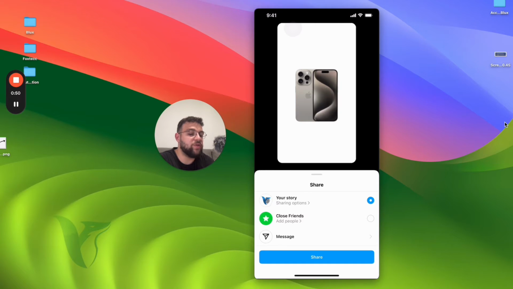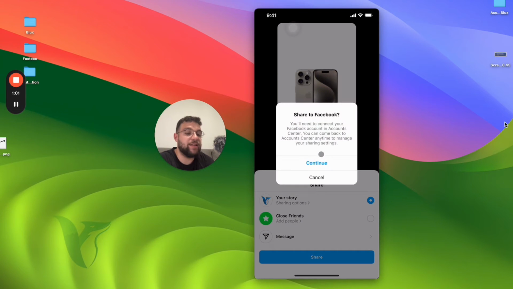So your story with my profile picture, close friends, or a message. But your story has the sharing options at the bottom. It's actually a button you can click on. So if you click on it, as of right now, it tells me that it doesn't really work because I don't have Facebook connected. But if you had, and if you notice that Instagram stories are being shared to Facebook automatically,